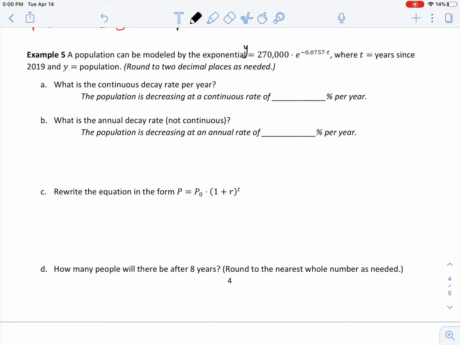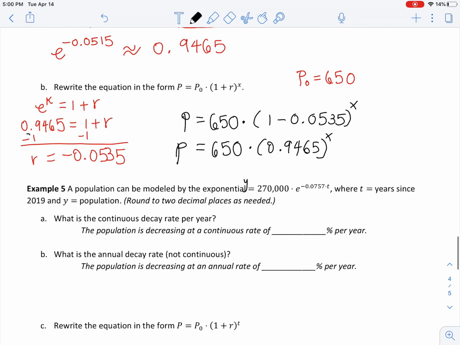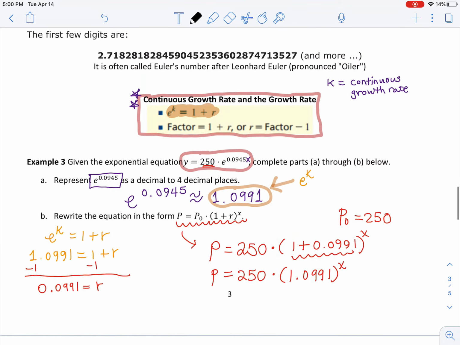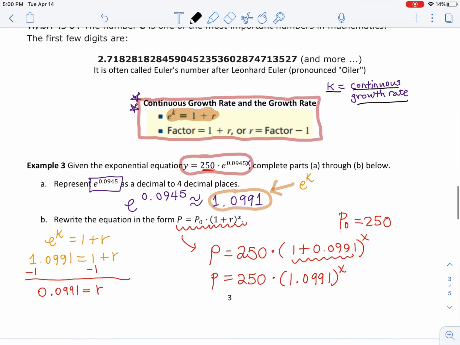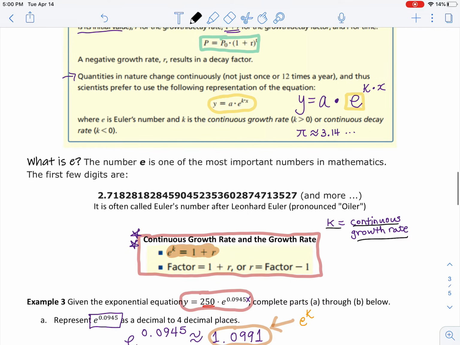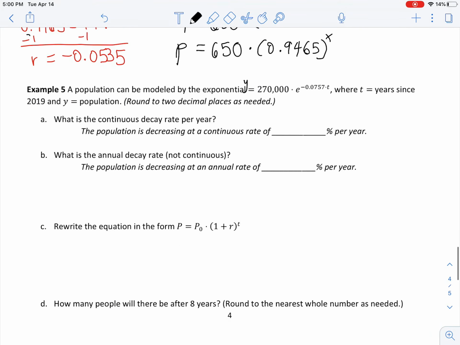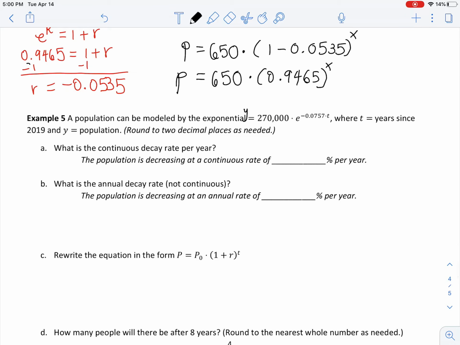The first one, they're asking, what is the continuous decay rate per year? Remember, the continuous decay or growth rate. What variable did we use? It's the k. Continuous growth or decay rate is the k. And k is simply the exponent of the e term, right? So let's write that down. The continuous decay rate is this number right here, k equals negative